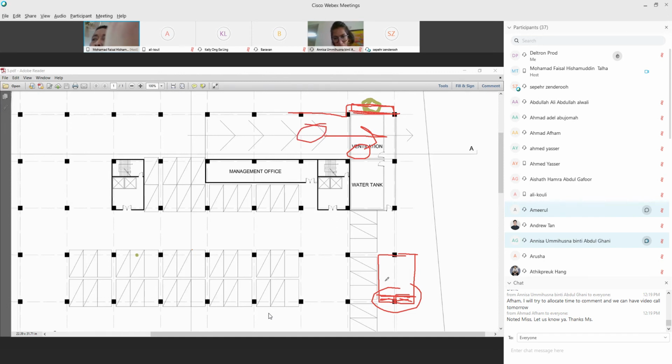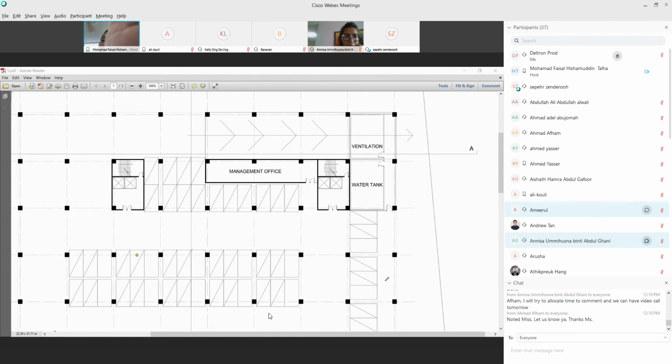But if you have a space underneath the ramp that you want to use, which does not require this, then okay, you can use it. Maybe a storage or something. But if I have to think about it, every space needs to be ventilated. Yeah, but the ventilation can go from this place, it goes out to this place, and then it goes out. So it's alright lah. Only this one is the issue. So these are the things that you need to take care of.